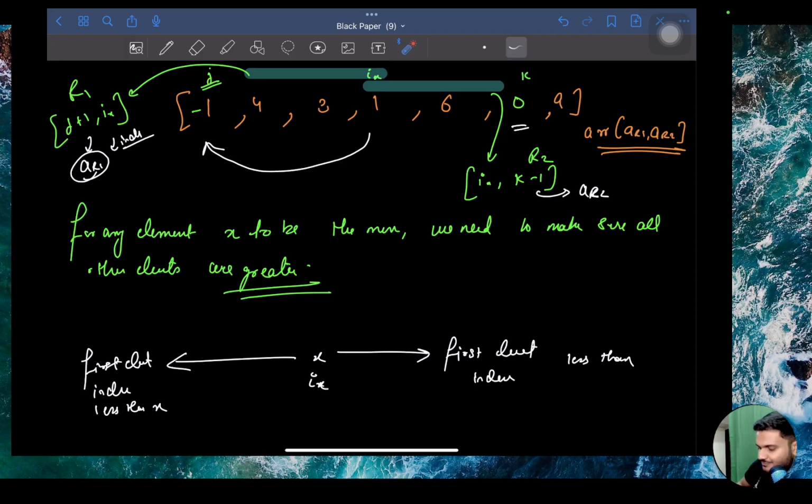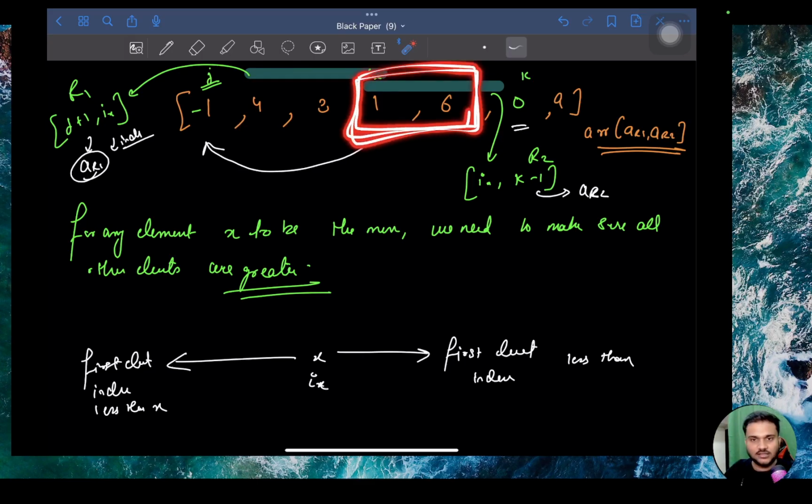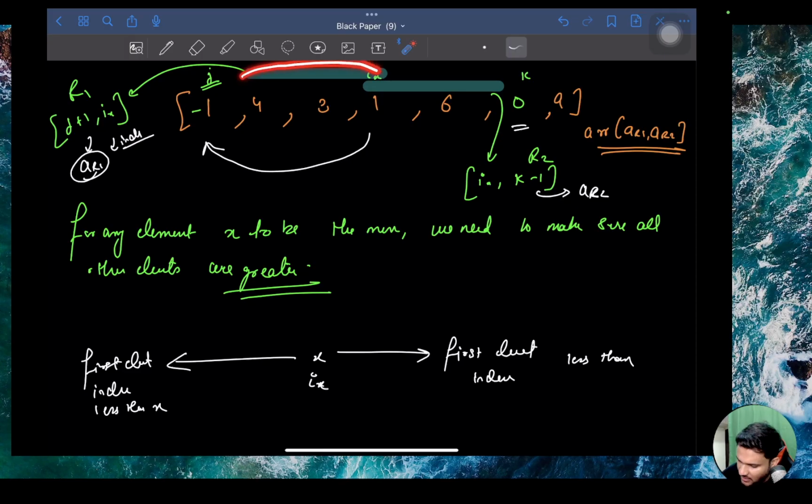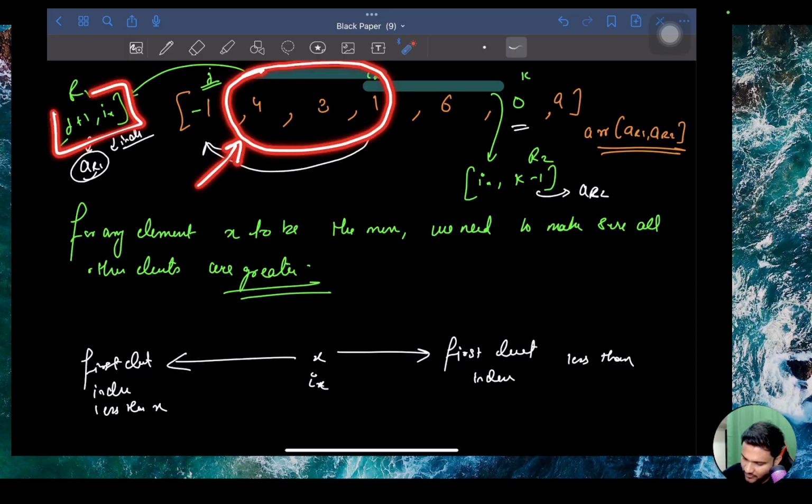Why is that true? Because at index j, we have got the first element to the left of I which is lesser than I. That means everything from j plus 1 to ix is greater than the element at ix, and everything from ix to k minus 1 is also greater than or equal to ix. Can I say that? That means if you get a starting index from this highlighted region, that is R1,